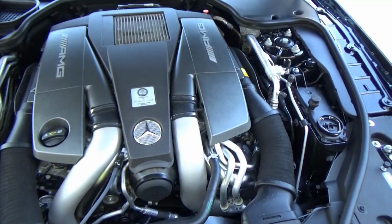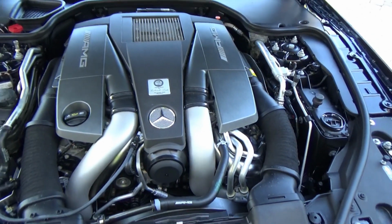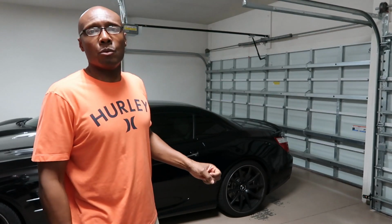Obviously, it's a sports coupe. Crazy horsepower, crazy torque, and it's a twin turbo V8, so it'll get up and go. So if you guys know anybody out there looking for a clean example SL63,